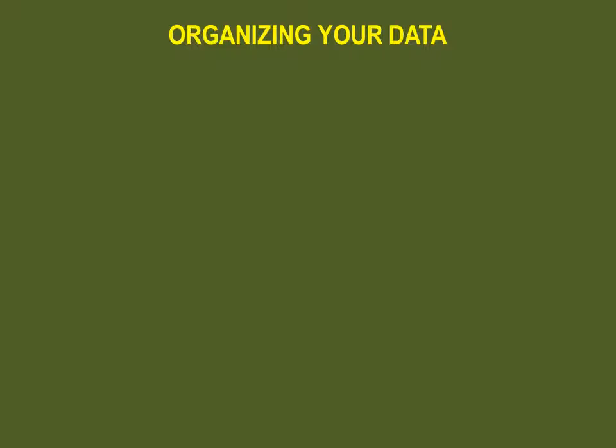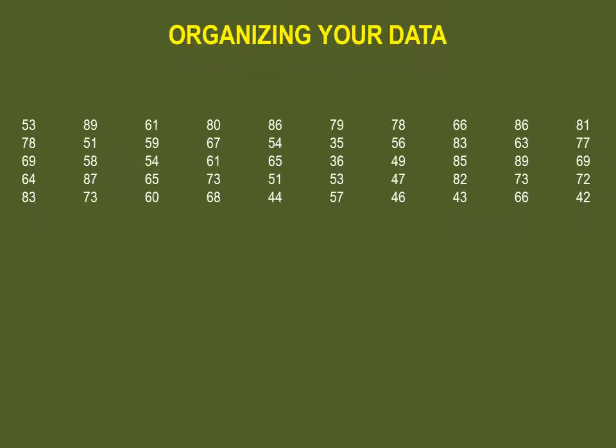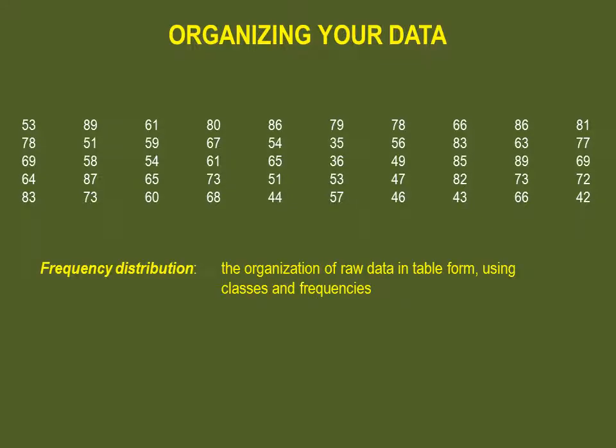So it's one thing to collect data and be aware of how it can be misleading, but it's another and more useful thing to actually organize this data and then represent it in various ways. Let's say that the professor simply jots down all of the results of the midterm exam in his class like this. Although there is some information we can gather from this, it looks quite hodgepodge and it is difficult to get to any conclusions. As such, we need to organize it, and we will do a frequency distribution of this